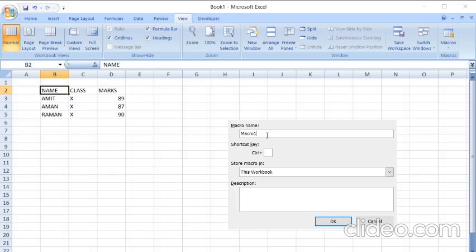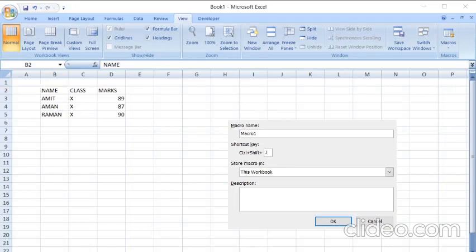I have written here Control plus J. When I write J, it shows Control Shift J. It's okay, it will automatically adjust. You need to keep in mind that whichever macro you have created, it has a shortcut key which you can use later on.